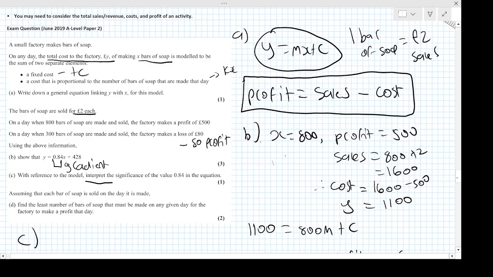Putting it in real life, x is the number of bars of soap. So as x increases by 1, meaning as we make an extra bar of soap,